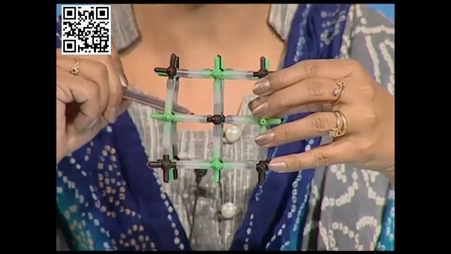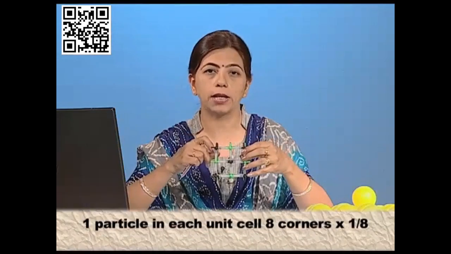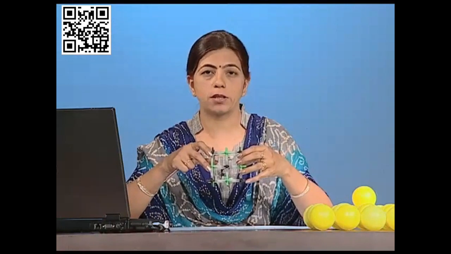Now here you can see that this is the 3-dimensional crystal lattice, and you see this atom, I am just pointing it out. This atom is shared by 8 unit cells. So, this atom being shared by 8 unit cells, the contribution of the corner is 1/8. We must know all these things to calculate the number of atoms per unit cell.